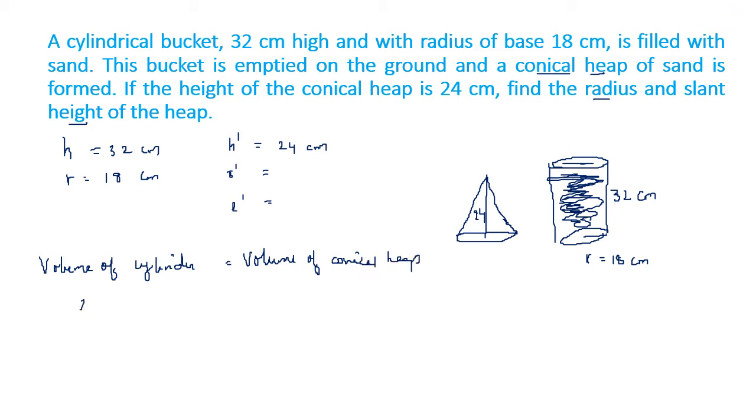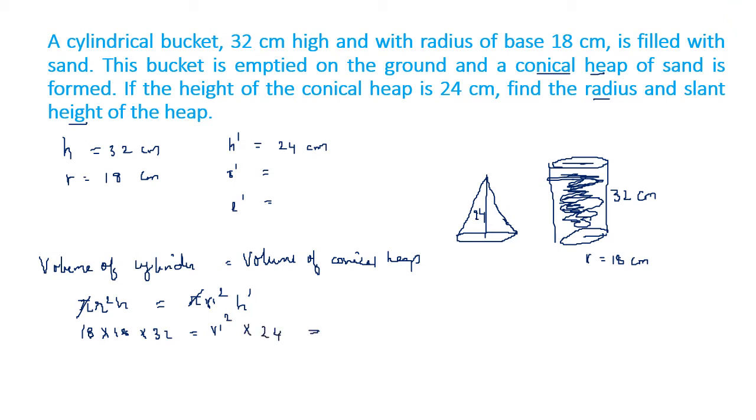Volume of cylinder is pi r square h, and volume of conical heap is pi r prime square h prime. So the pi and the pi get cut. So r is 18 into 18, h is 32. R prime we have to find, so I will keep r prime square as it is, and h prime is